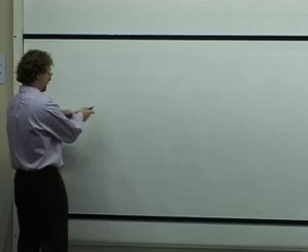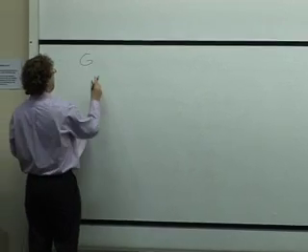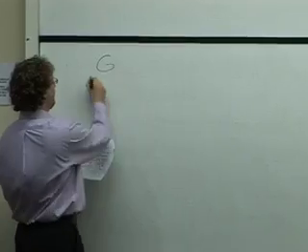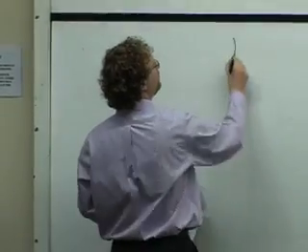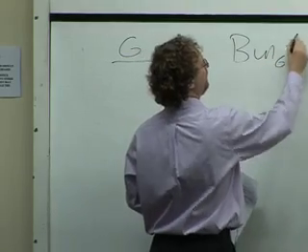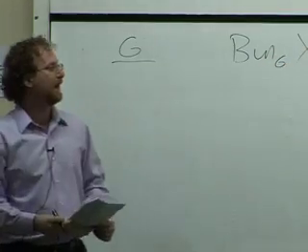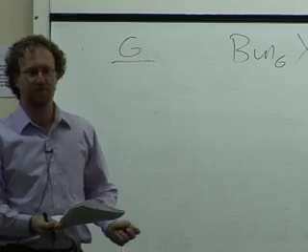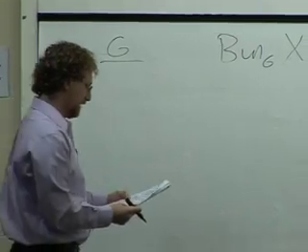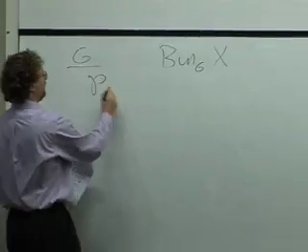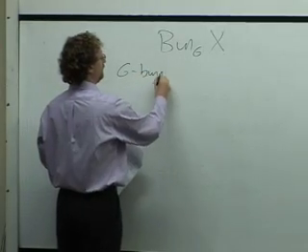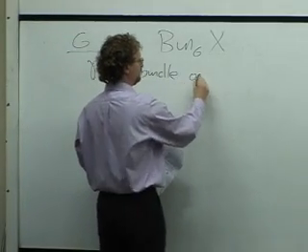If I give you a general group G, I'd like to get a similar description of Bun G of X. So this moduli space of G bundles on X, I can repeat the exact same discussion. So the exact same discussion carries over. So how do I do this? Suppose P is a G bundle, a principal G bundle on X.